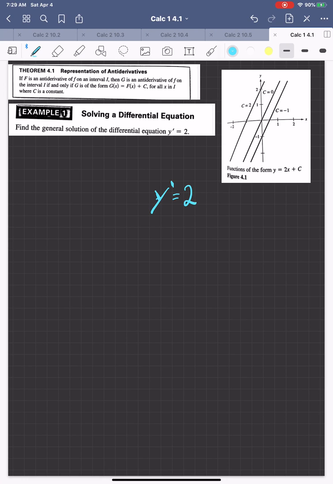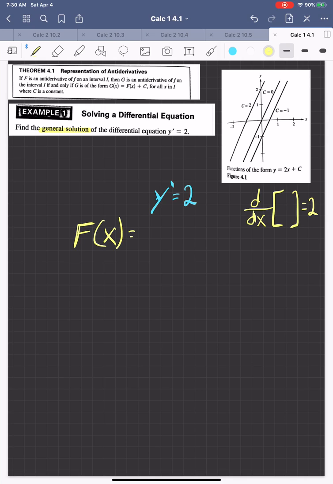Now, if you want to find the general solution of a differential equation, I'm going to highlight general solution for just a second, but let's go ahead and solve the question right now. I haven't given you a formal way of how you take antiderivatives, but can you agree with me that obviously the derivative of something, that's what we're looking for, is equal to 2. And I think we can agree that for sure